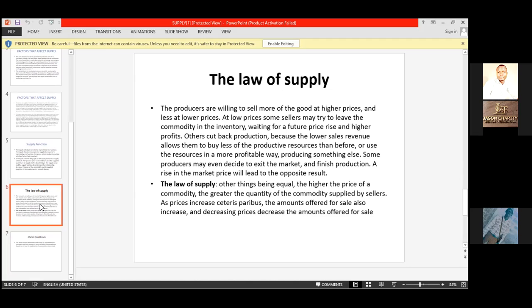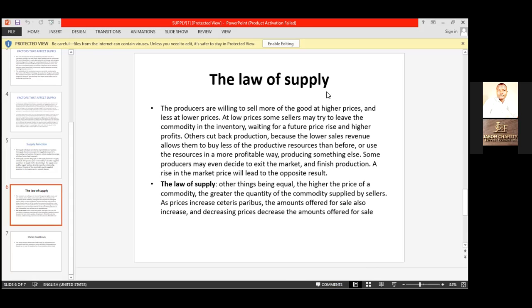So what we are saying is that there is a positive relationship between the price and the quantity. Once the price increases in the market, everybody will increase the quantity they are supplying to the market because they want to make maximum profit or abnormal profit. That's why it shows the relationship. What do we mean by a positive relationship? We are talking about moving in the same direction. As price is increasing, the quantity you are supplying is increasing. As price is reducing, the quantity supplied is also reducing.